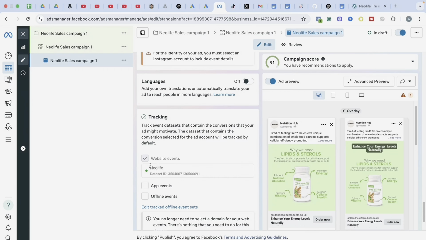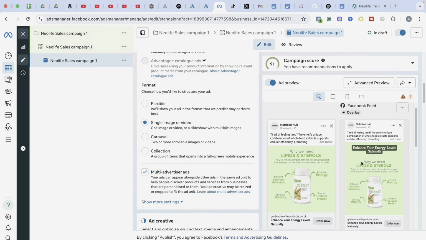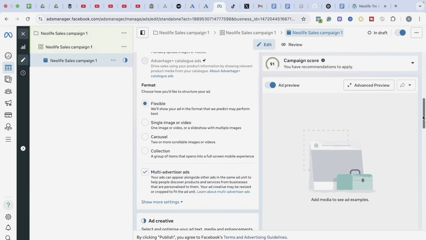So the next thing I need to do is to duplicate this ad. Can you see now? Like I said, the best way for you to crush Facebook ads with your minimal budget is to test one campaign with one ad set and three different ads. Under one ad you have image, the second ad you have video, and the third ad you have carousel. So let's duplicate this.